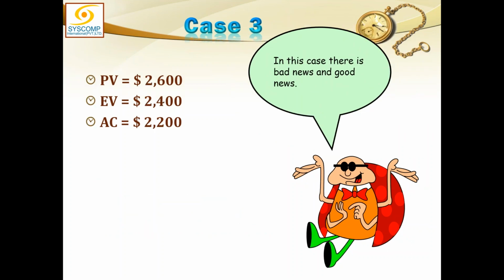ये क्या सिचुएशन है, 2600, 2400, 2200। शेड्यूल में हम 200 पीछे हैं, लेकिन कॉस्ट में हम 200 आगे हैं। मतलब हम बजट से कम में काम कर रहे हैं, लेकिन काम थोड़ा कर रहे हैं।